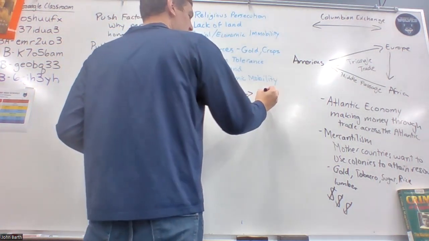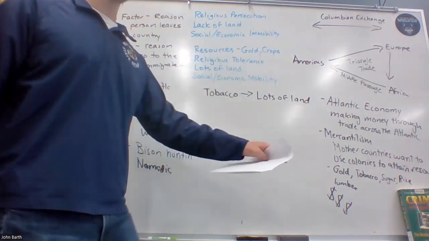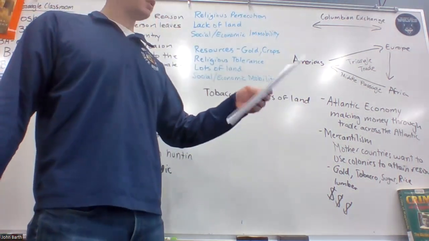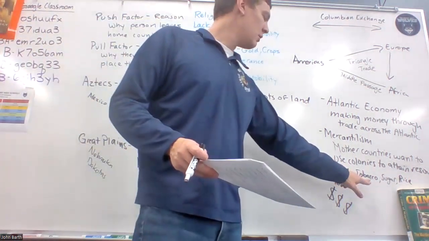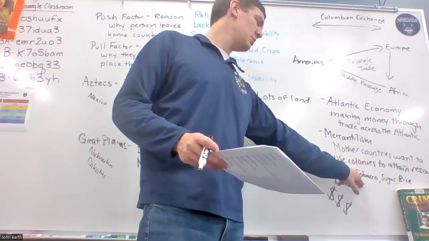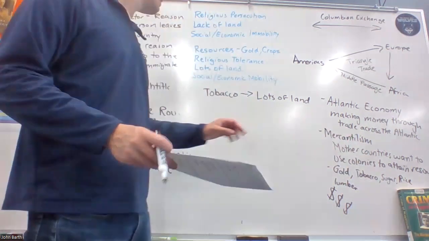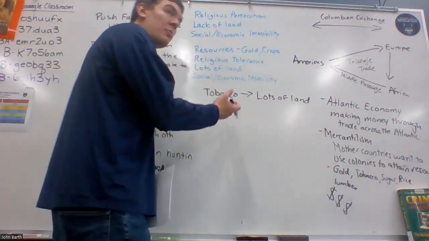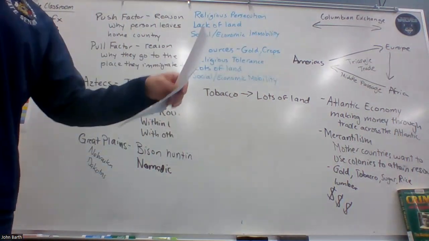Tobacco requires lots of land. Yes, in the Chesapeake. Because specifically, remember, England's like, oh, tobacco's great. Everyone wants to smoke tobacco. You shouldn't, but they're like, tobacco's so great, let's sell more of it. And they're like, well, in order to grow more tobacco, we need more land, right? And so they start spreading out.